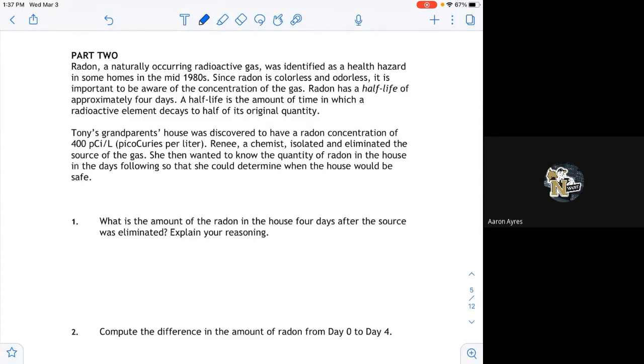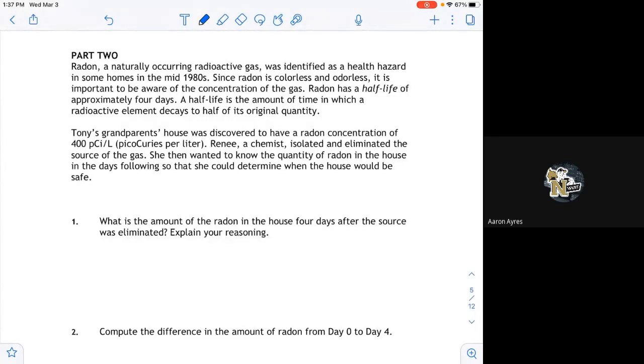So here's the deal. Every radioactive element has a half-life. That's the amount of days it takes for half of the previous value of the element to remain. For an example, I have an element and the half-life is 2 days, and I start out with 20 units of this element. Then in 2 days I should have 10. In another 2 days I should have 5, and in another 2 days I should have 2.5. Everybody see how that works?